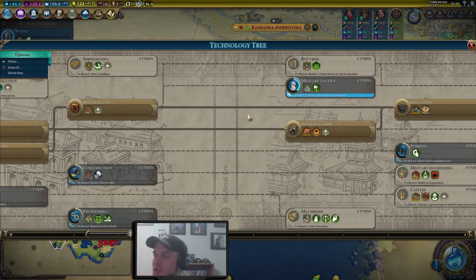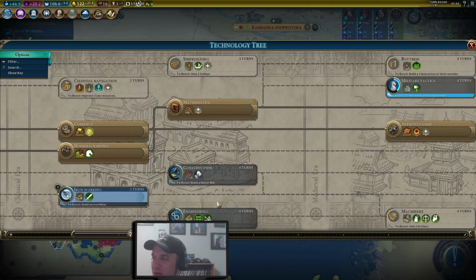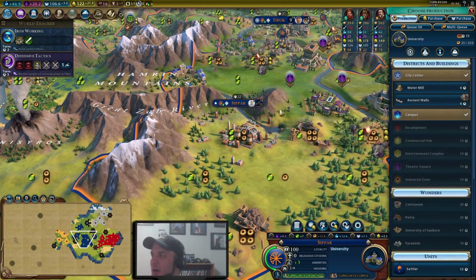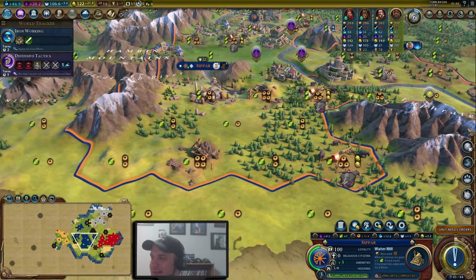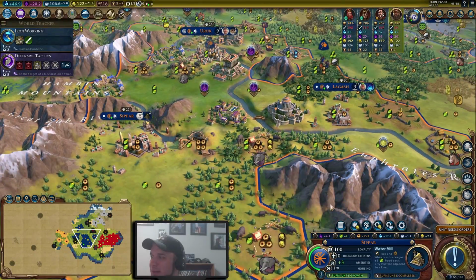We finished the wheel, so we already talked about what we're planning to do here. Let's put a turn into ironworking here. Actually, you know what? We're just going to straight up research it, because we're not going to get a settler down there in time by any means. And that should give us a little bit more time here to come to our city and get a water mill going. Unfortunately, 6 turns is a little bit steep, but we don't have the best production here by any means,